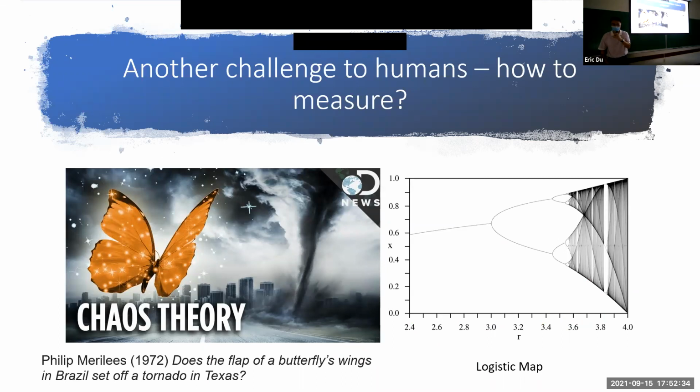All right. So another side story, unfortunate story about the tension between us and our world is also how precisely we can collect. So it's not only about how big the data is, but also about how precise the data is. Have you guys heard about the butterfly effect? If not, you probably have watched or heard about a movie called The Butterfly Effect, right? It basically describes that the flight of a butterfly's wing in Brazil can set off a tornado in Texas. It shows that a small difference at the very beginning can keep building up until it has a really unexpected